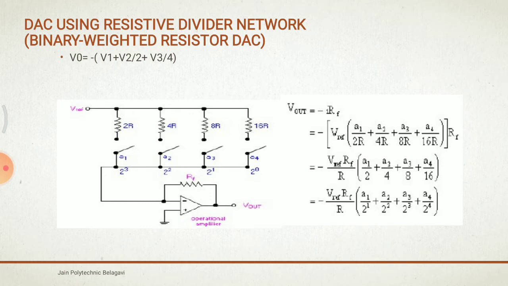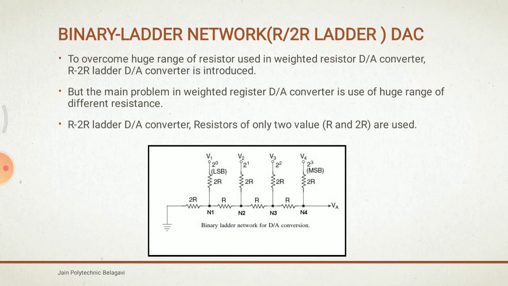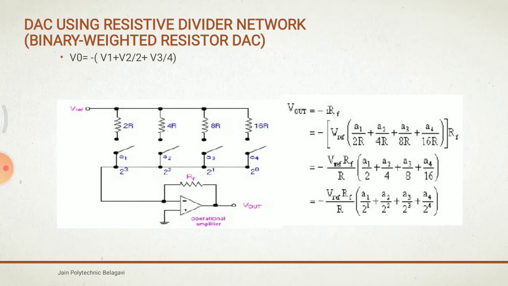For the DAC, the relationship between the Vout and the binary input is what you have already seen here. You can also take the summation, which means Vout equals minus VREF into RF divided by R into the summation for i equal to 1 to n. You are just substituting and changing the values 1, 2, 3 here, taking the summation, and writing this.